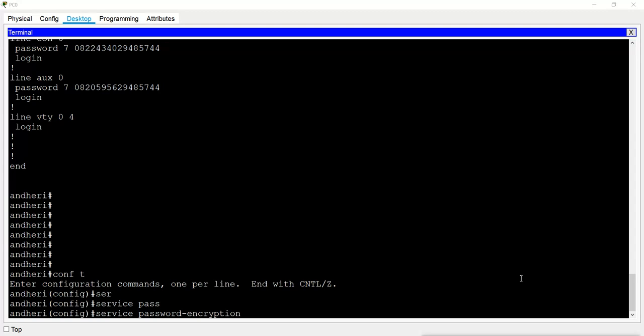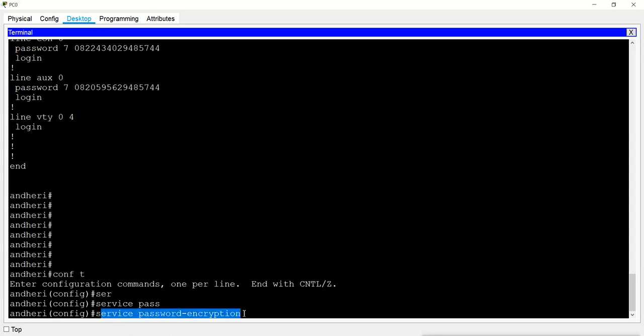And also you have to give it at the same place where you have given the command. Like, I want to remove this encryption, so I am giving it in the same mode. I was in global configuration mode, and I used this command to enable the encryptions.